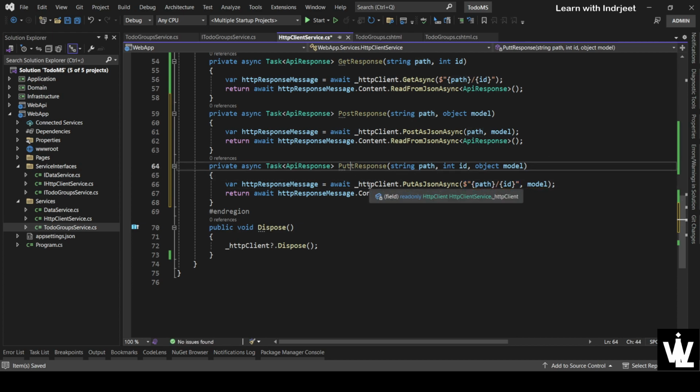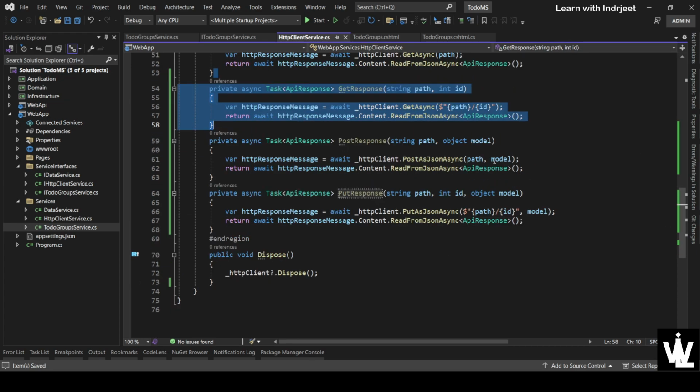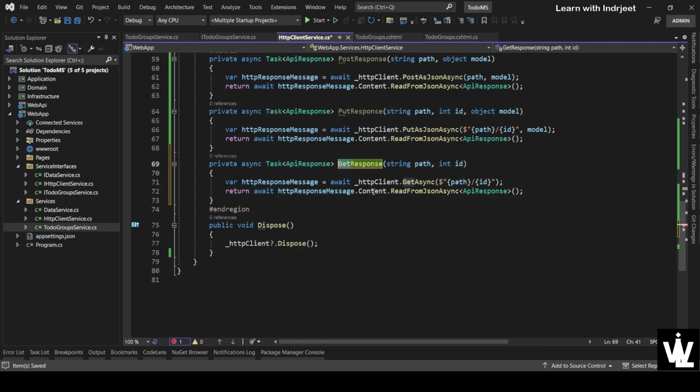So this is put response, and the delete would be something of this type. So let's copy and paste that and change the name to delete, and let's change the verb to delete async. Okay,